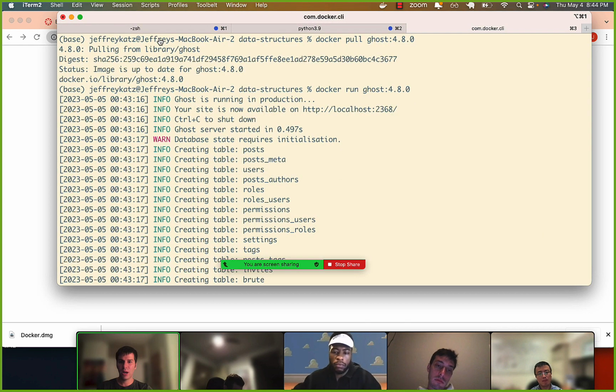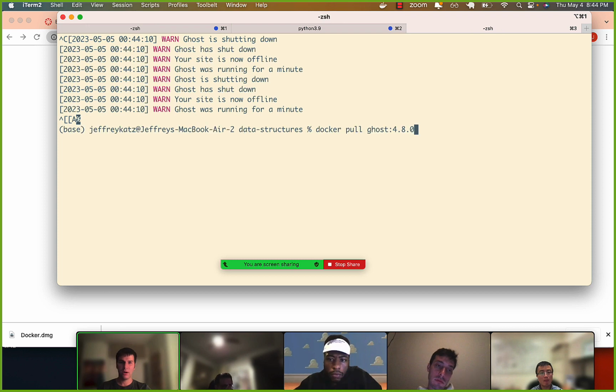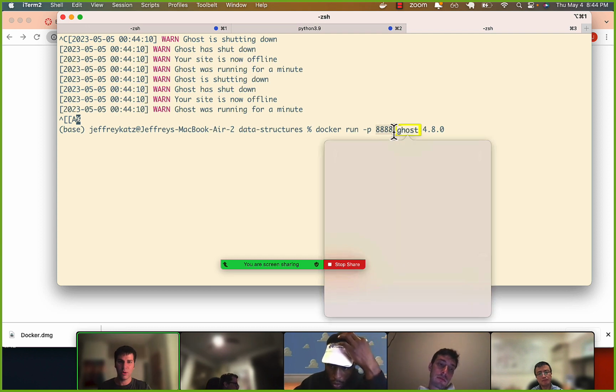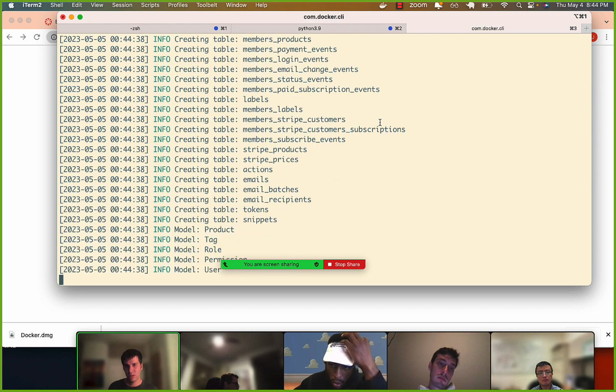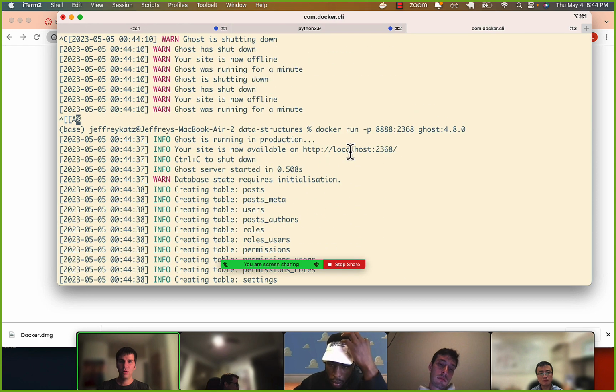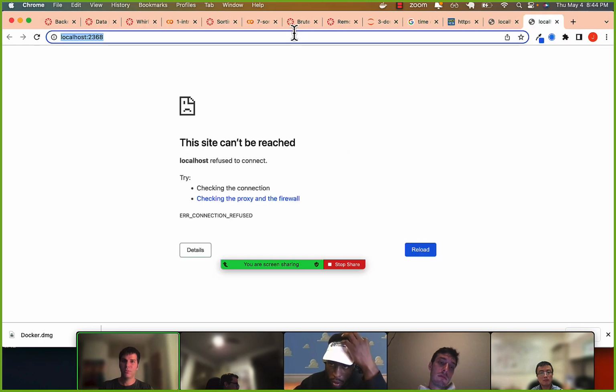It turns out what I have to do, and we'll talk about why and how to do this, is I'm going to have to set a flag that says, okay, Docker is kind of running its own little world. It's running Ghost in its own segmented spot. And I'm going to say, I want to connect it to my host port, and we'll talk about what host means, but to the host port, and we can just give it whatever port we want that's available, 8888, and connect that to where the website was running, which is 2368. And now, ultimately, if I click on it after it boots up,